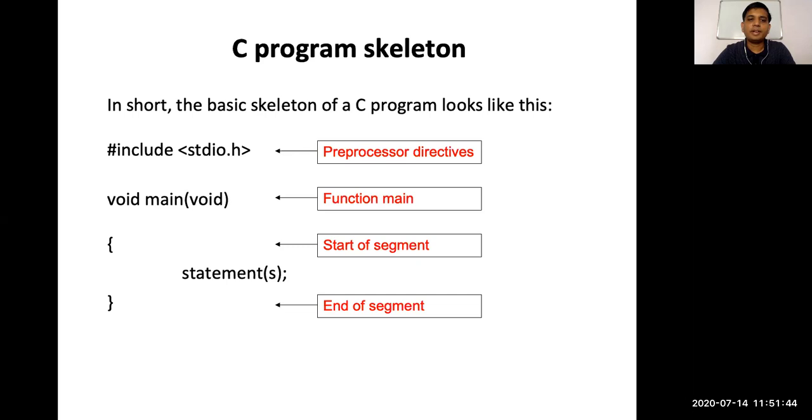As long as your main function is running, your program is running, and when your main function completes, your program is over. So the life of your program is only within the main function. From the main function you can call other functions and execute them, but you have to come back to the main function. And when the main function has completed its task, your program is completed.